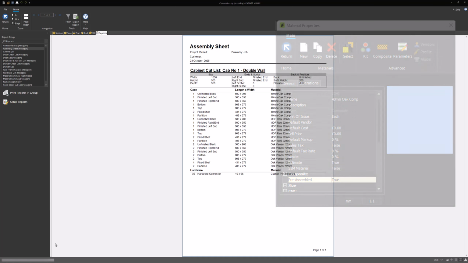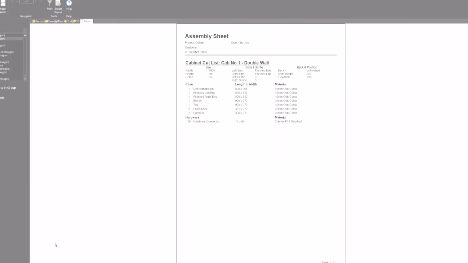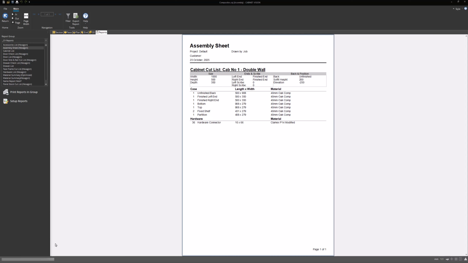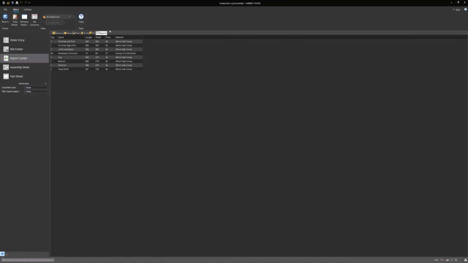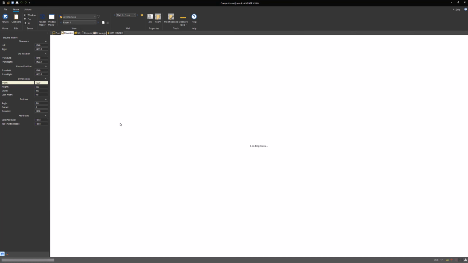Now, if we had the option pre-assemble ticked, the only thing we'd see on our cutting list is the one composite material, because Cabinet Vision understands that this has been pre-assembled and is not broken down by material. The same thing is true if we head through to Screen to Machine Center. So if I just hit return here and head through into Screen to Machine,